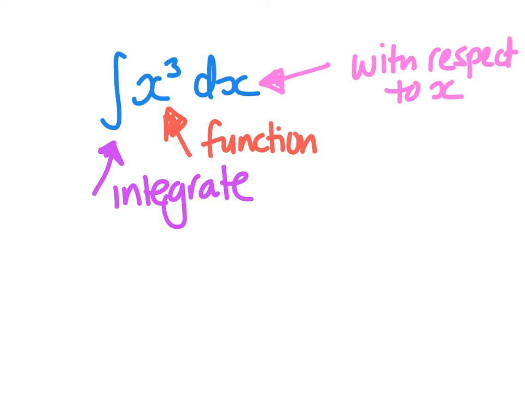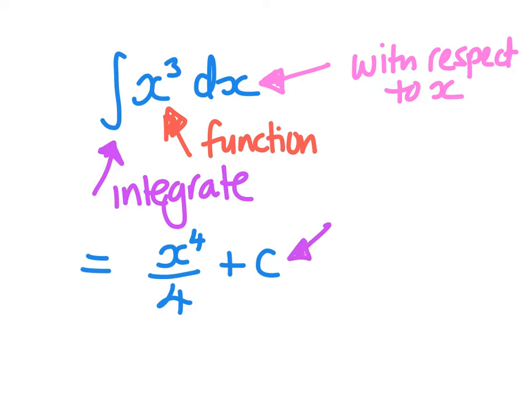Now when I integrate x cubed, I'm going to increase the power by 1, and I'm going to divide by the new power. But I'm not sure if there was a constant or not in the first place, so I'm going to write plus c just to cover myself. And that plus c is called the constant of integration,